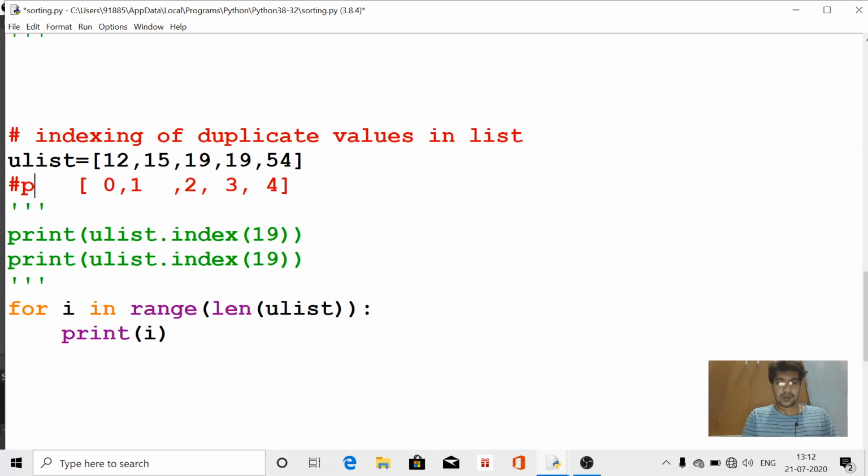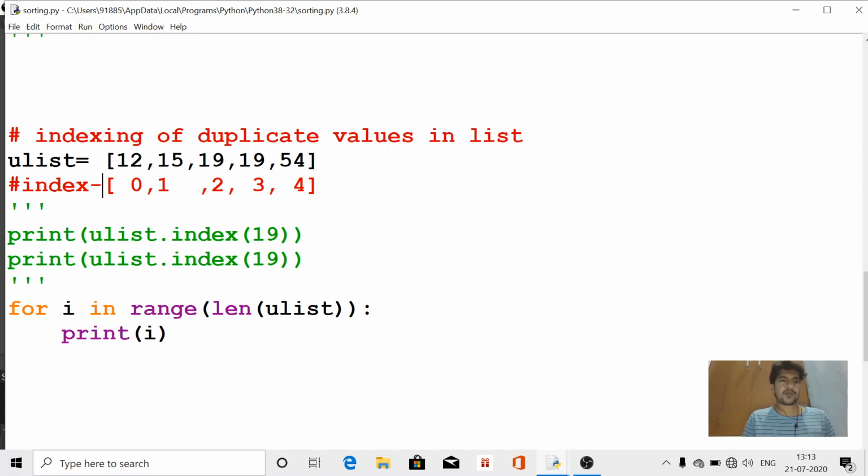This is your output written by the interpreter. So this is your output, index 0, 1, 2, 3, 4.